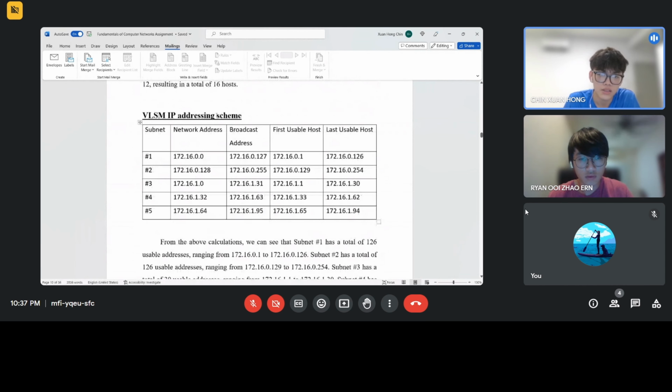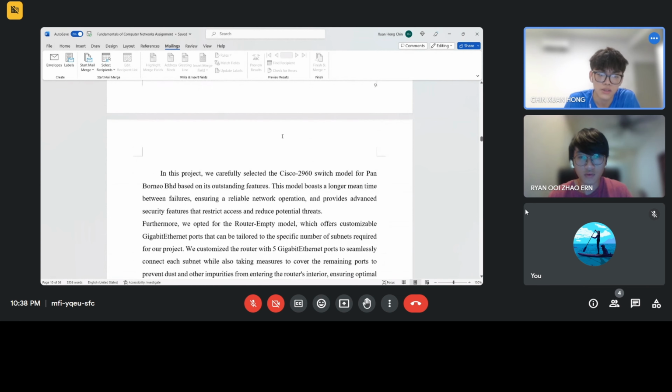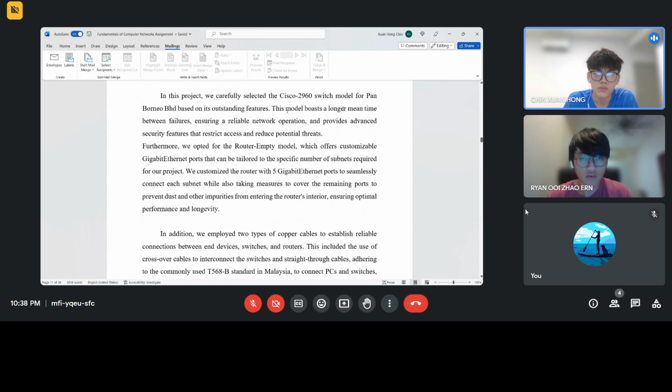And this is the IP addressing sample. It will show the subnet and the network address, broadcast address, the first usable host, and the last usable host. So in this project, we chose the Cisco 2960 switch model because of its outstanding features. This model boasts a